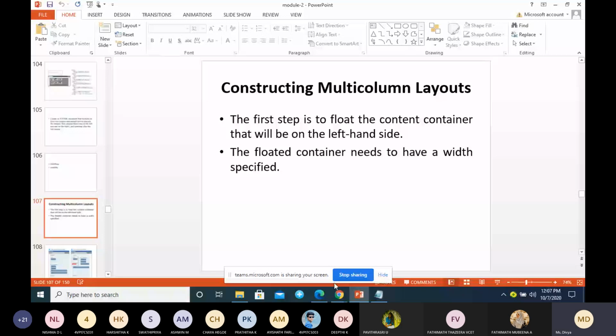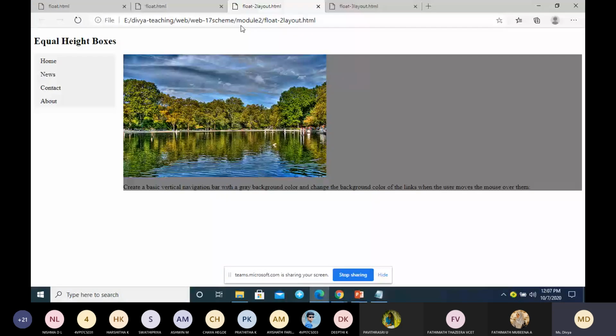There are 2 ways. The first step is to float the container that will be on the left hand side. The floated content needs to have a width specified. So the first one is using float. We can specify float left, and even for this one we can specify float left.